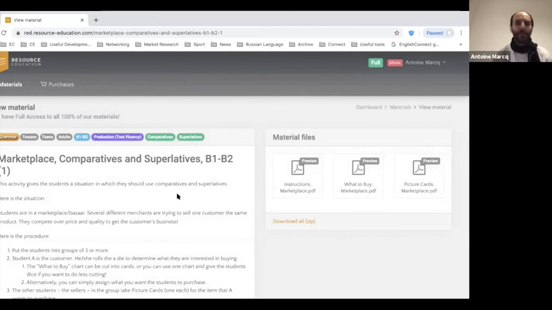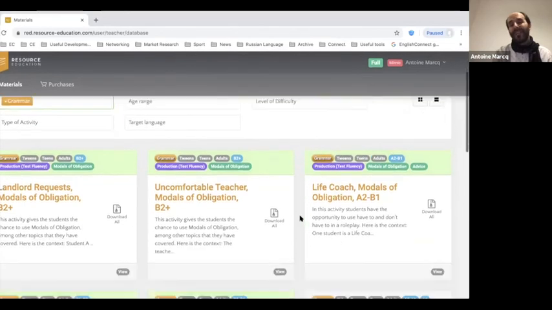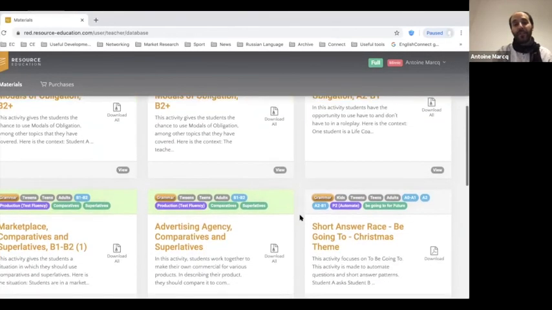So marketplace is very simple. Roll a die to determine what the person is interested in buying. Students B and C get 2 cards of 2 different kinds of those items, and B and C try to persuade student A to buy their item, because A is going to only buy 1, not 2. Any questions, comments on marketplace? Those are 2 different ways of doing marketplace, basically.